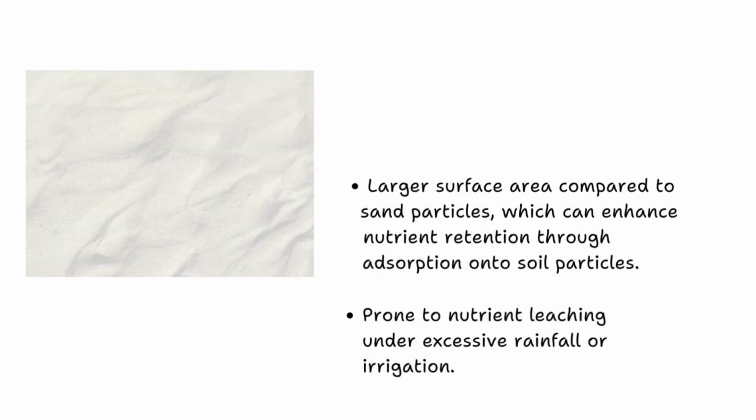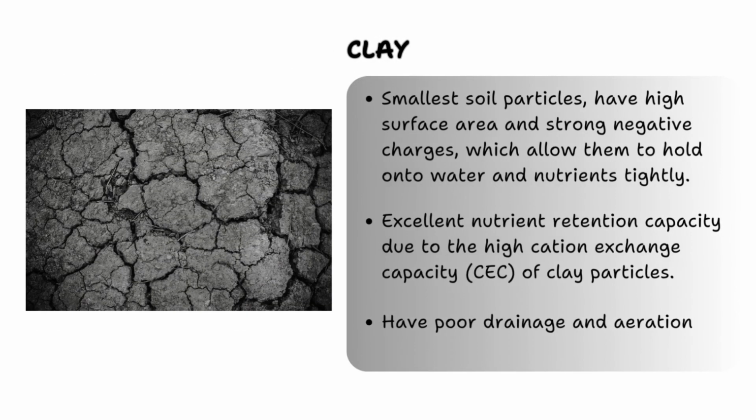The third category is clay. Clay soils are characterized by fine particles with high water and nutrient retention capacities, often providing ample nutrients for plant growth but may hinder nutrient availability due to slow drainage and aeration. While clay soils hold nutrients well, their dense texture can lead to waterlogging and reduce oxygen levels, limiting root growth